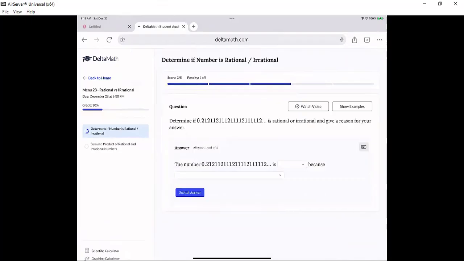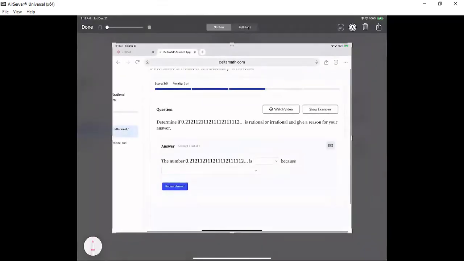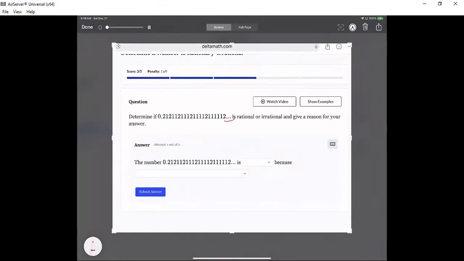All right, this one. Now, this one is one of the tricky ones, so I want to explore this one a little bit closer. Now, this one definitely goes on forever. So far it looks like it might be irrational. And it definitely has a pattern. So it's going 2, 1 and then 2, 1, 1 and then 2, 1, 1, 1 and then 2, 1, 1, 1, right? So you can see it has a pattern, but it's not a repeatable pattern in the sense that if I were trying to write this,